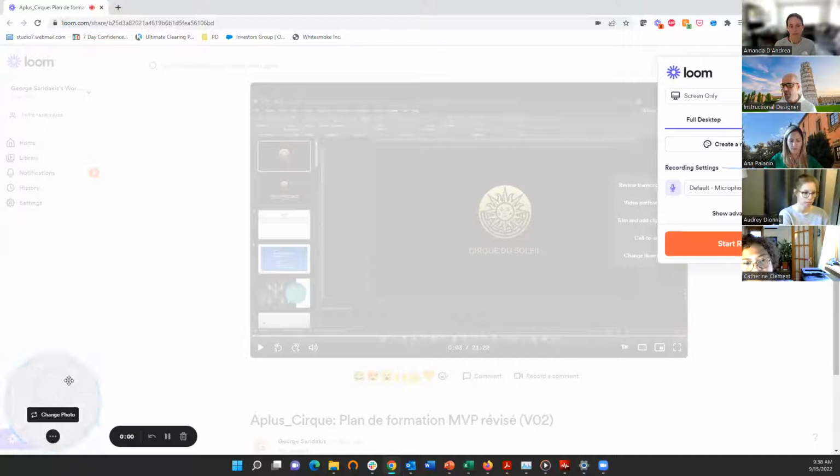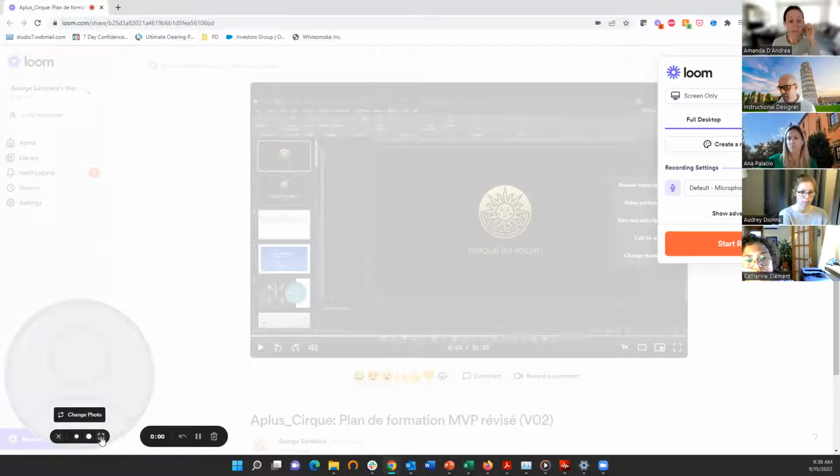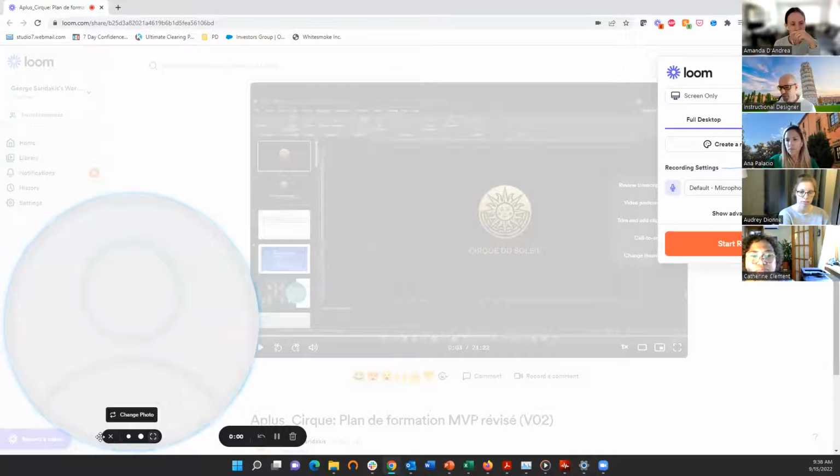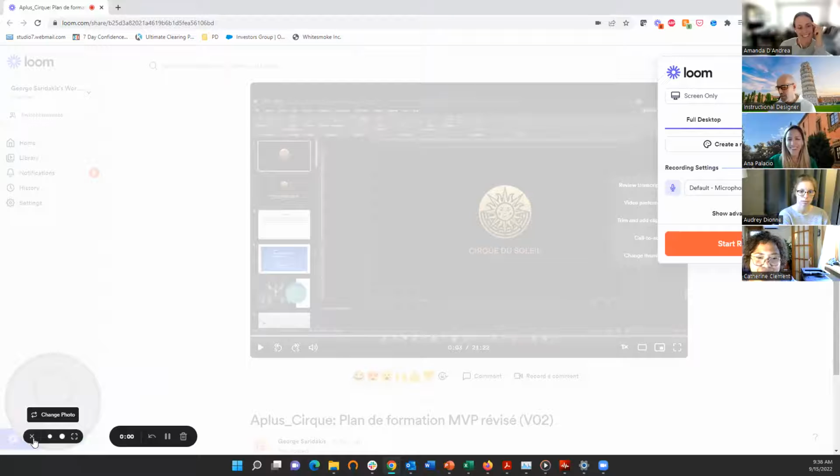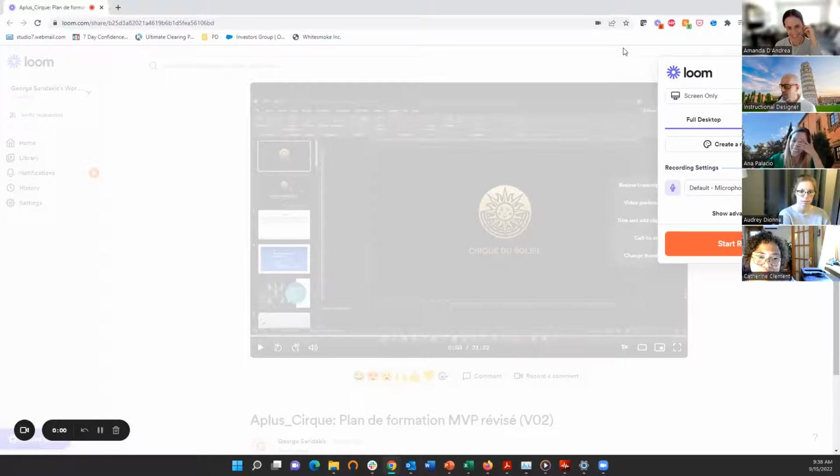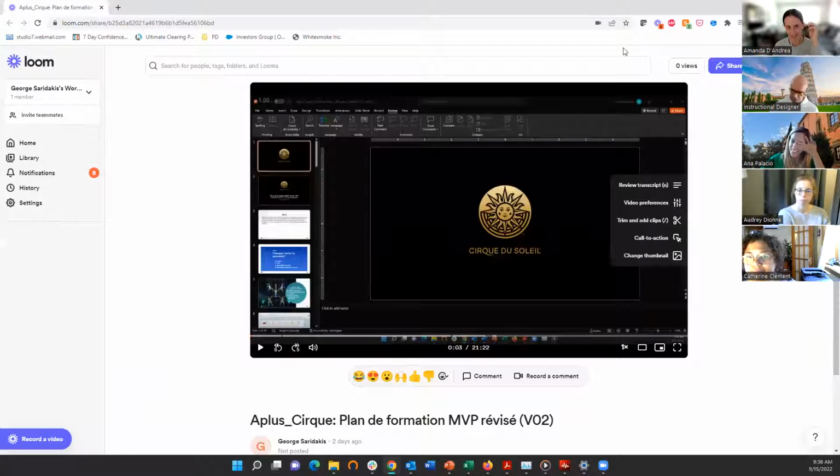If you do use screen and camera, you have a little bubble of yourself in the lower left-hand corner, and you could actually make it smaller or bigger. And I'm not even sure what this is for. Oh, even bigger still, depending on the size of your ego or whatever. And have fun that way. So, that having been said,